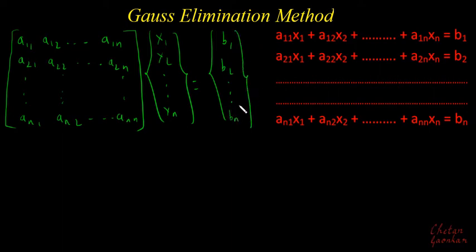So this is the matrix of these parameters, which can be denoted as A, times the unknown vector x, and this should be equal to b. Our job is to find out these unknown x1, x2 up to xn. We will now see how we can use this Gauss elimination method very effectively to find these unknowns x1, x2, and x3. The way we will understand it is by considering an example.